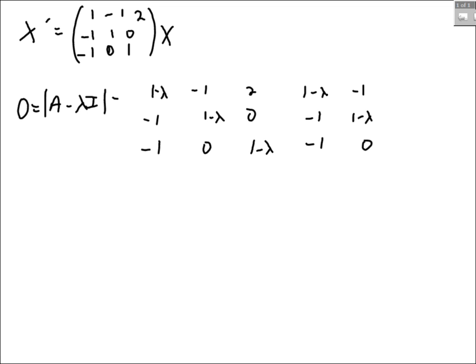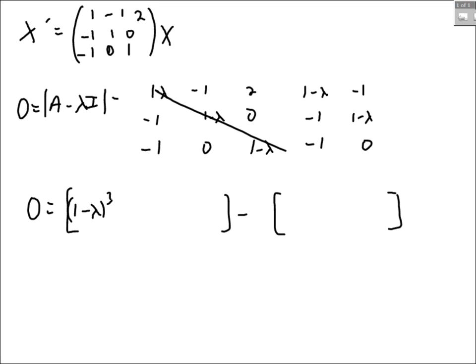And the determinant is going to be one sum minus another sum. It's going to be this product, (1 minus lambda) to the third power, plus that product, which is 0, plus that product, which is 0, minus this product,